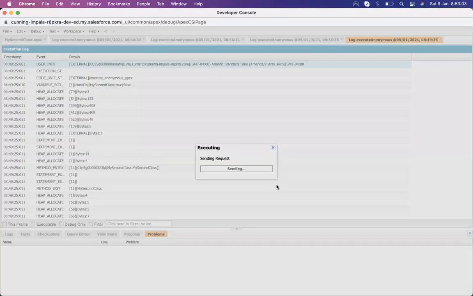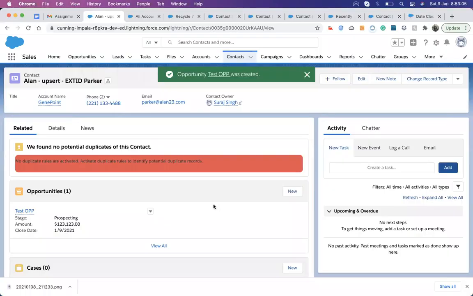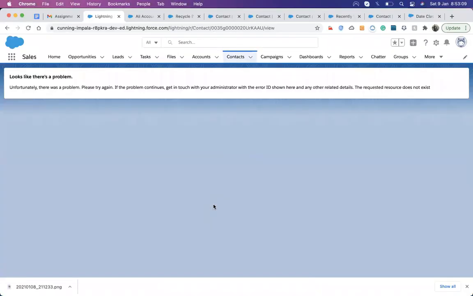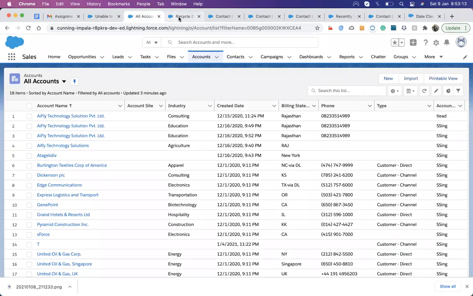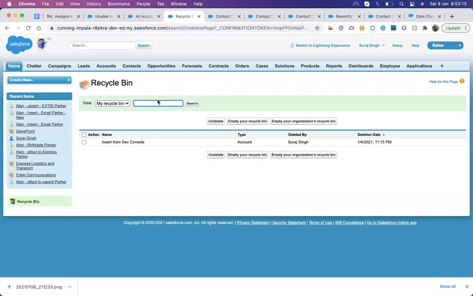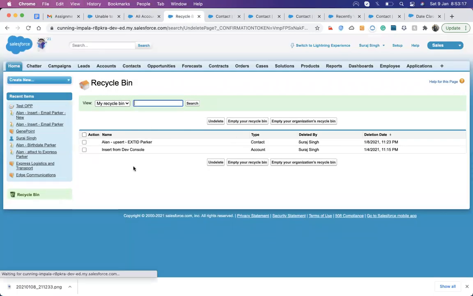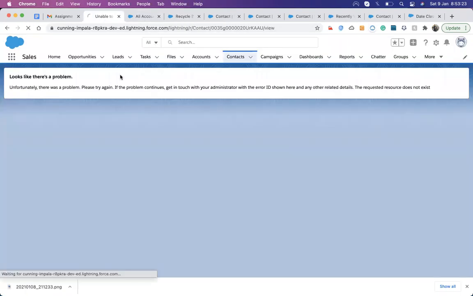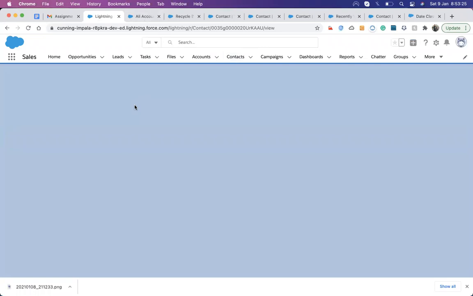I execute it, and now this record got deleted. Now I come up here and go to the Recycle Bin, refresh it, and undelete that record. Then I come back here and refresh that field, and I do nothing else.